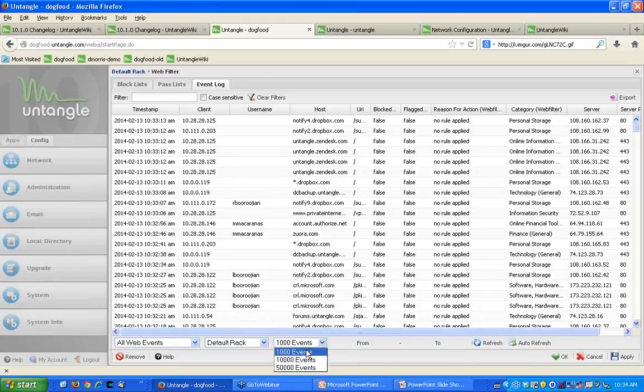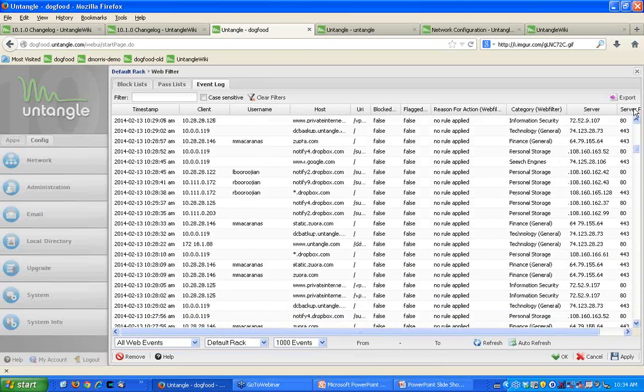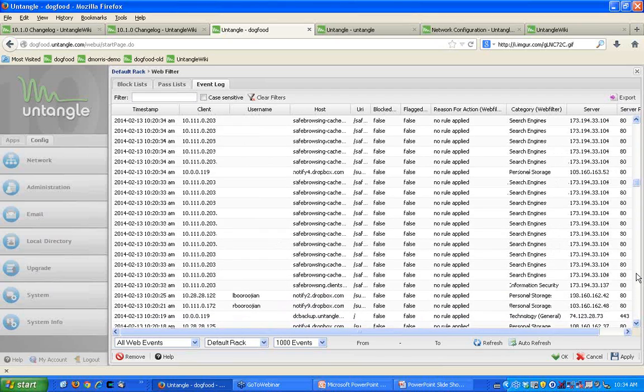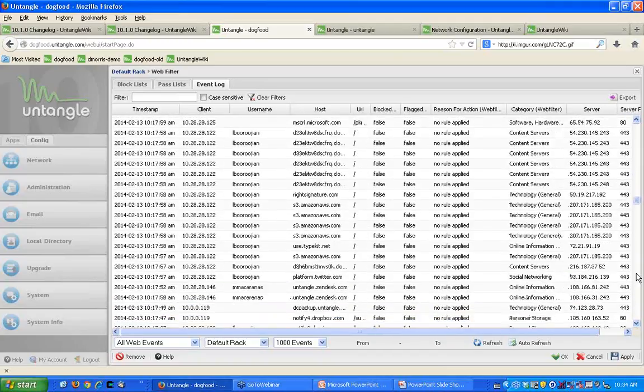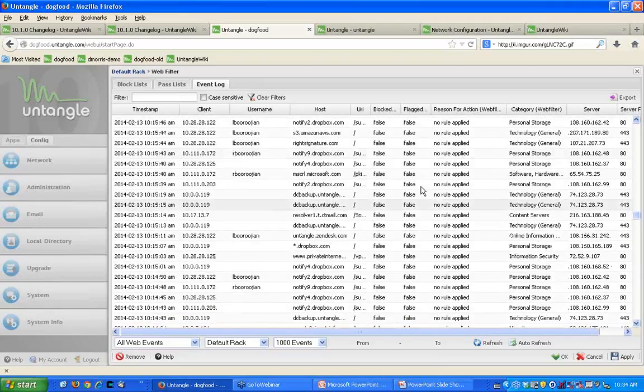The new thing is you can now select more events. There's no pagination. Usually you'd have to sort through the pages. Now you can just scroll, which is much more convenient. This is actually somewhat amazing, too, because Firefox and browsers, all browsers in general, don't handle huge data sets. So what it actually does is remove the data set from the browser when it's out of view, and it only actually stores in the browser what's in view. So this is a really cool enhancement that will get rid of the pagination,